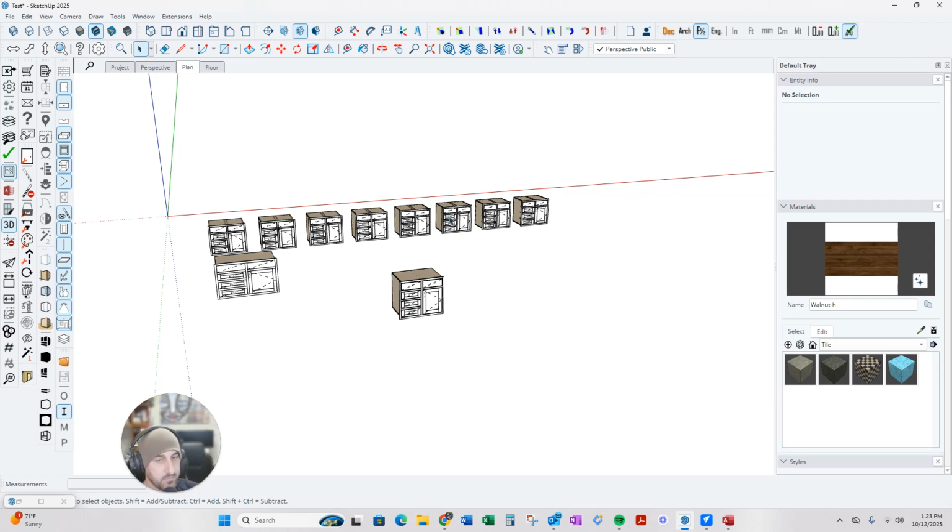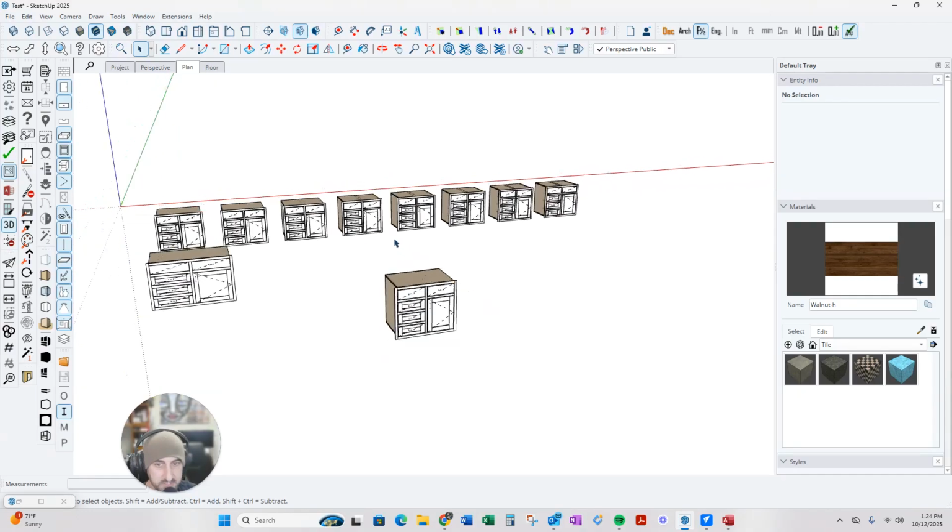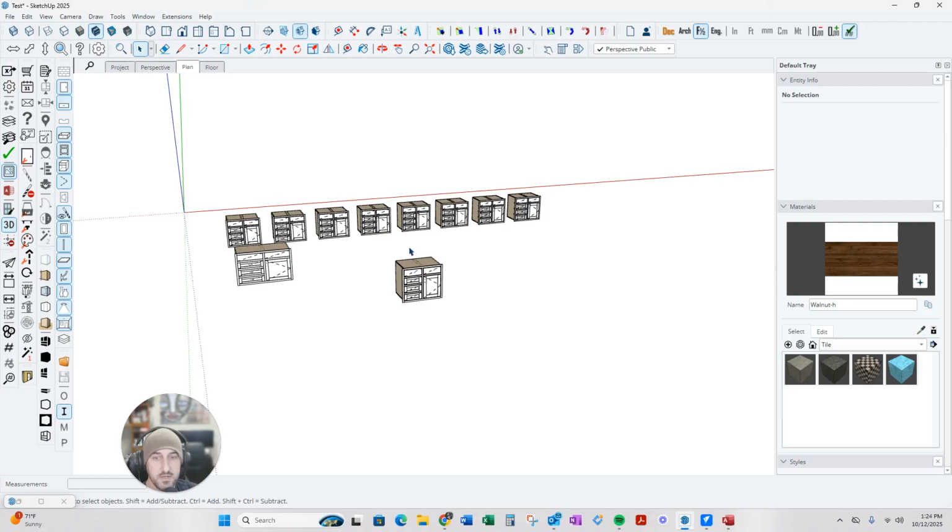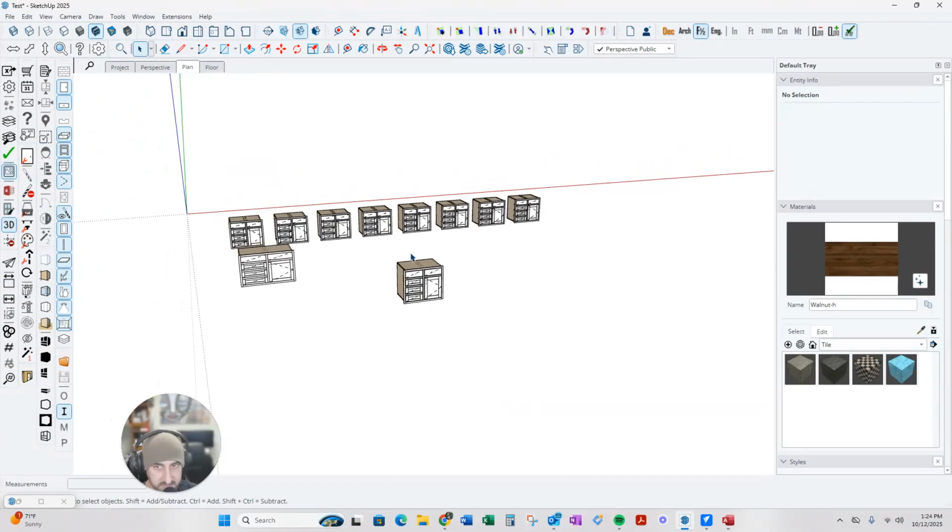Okay? So it's important that you know how to use SketchUp. You need to be very proficient at SketchUp because you do have to do the initial legwork. And you have to be able to edit parts and know how SketchUp works, because Cabinet Sense essentially works within SketchUp, so it follows all the same rules. It's just a little more powerful with the parametric functionality of it, and being able to control the machining instructions